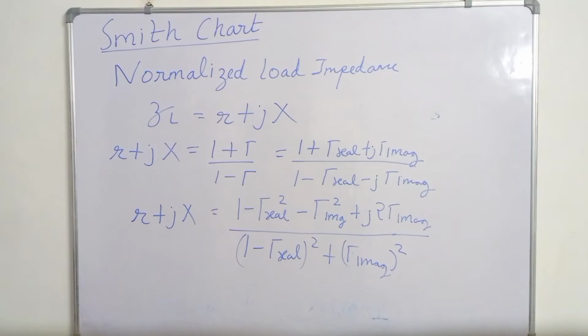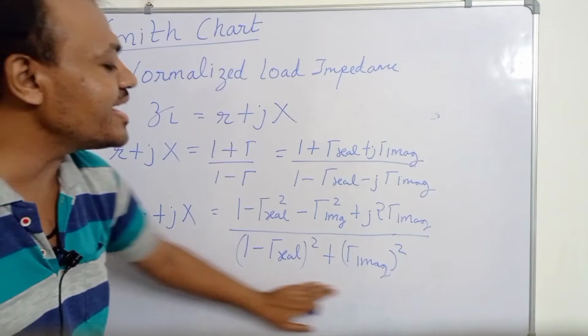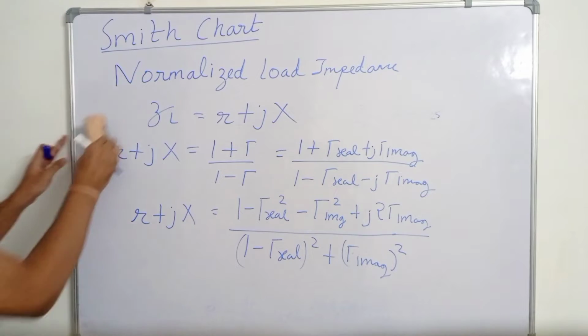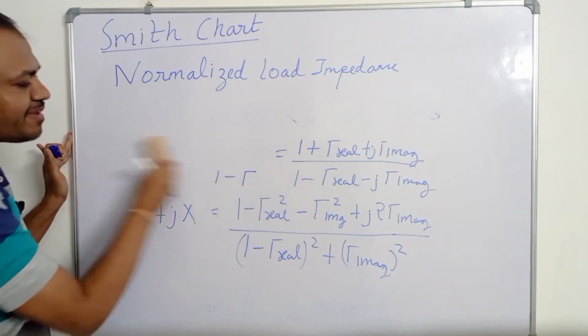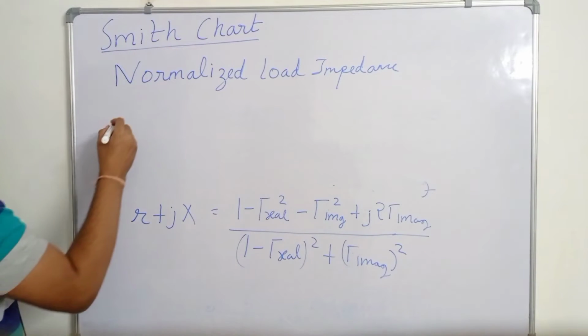Okay, so this is what we get when we rationalize this equation. So this is equal to r plus jx. Now we can find the value of r and x by equating the real part and the imaginary part. So r will be equal